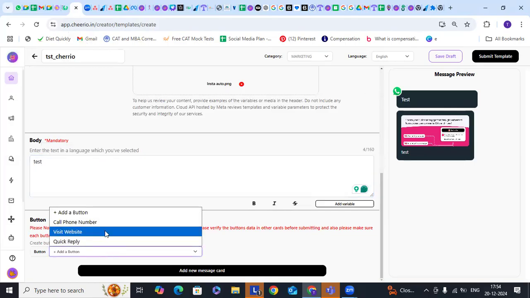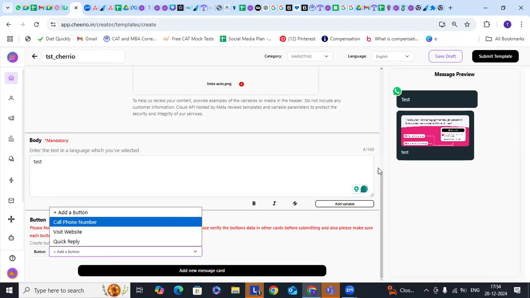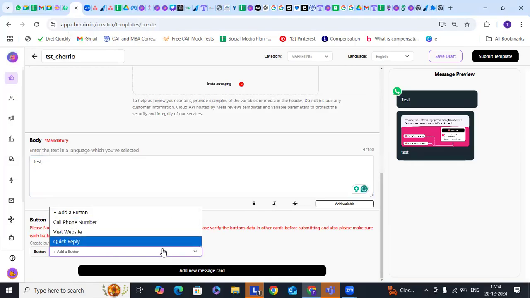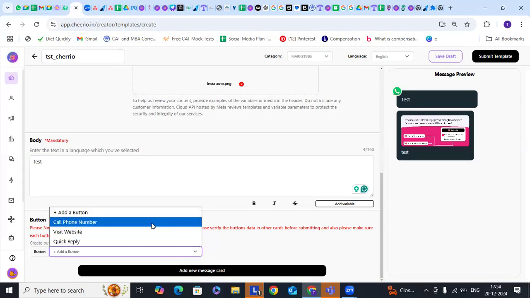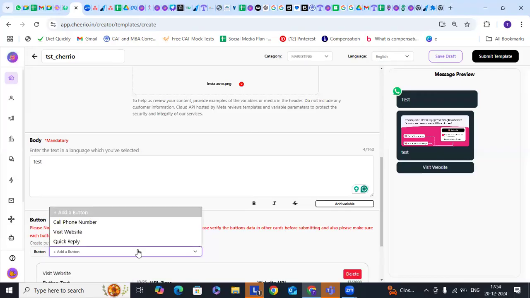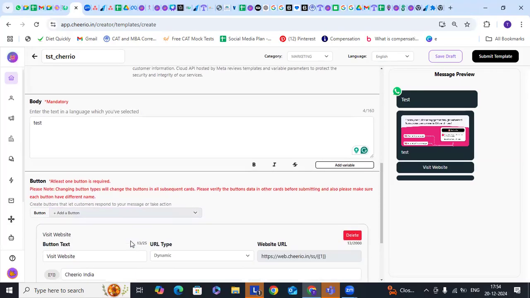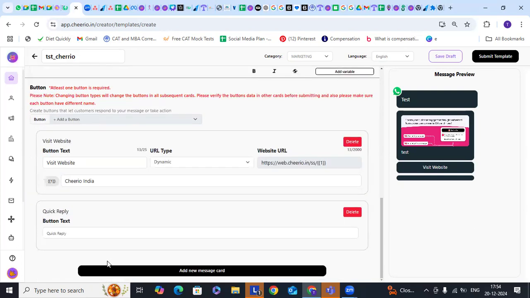The button can be two maximum for each picture, and the type of button should be the same. So if you're going with one website link and one quick reply, that format will be the same for the consecutive pictures as well. So suppose I'm here putting in no more.